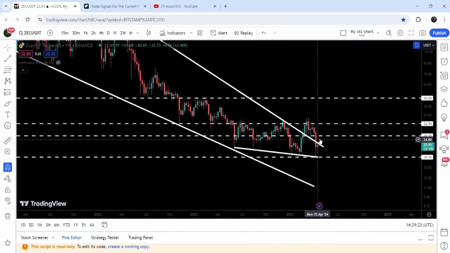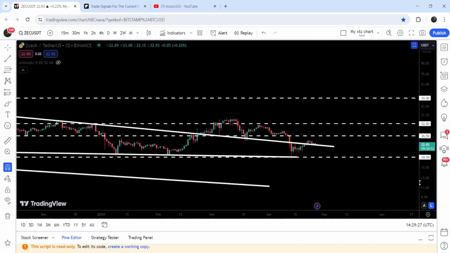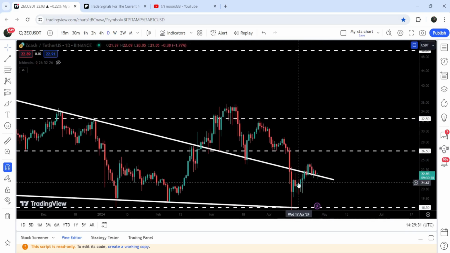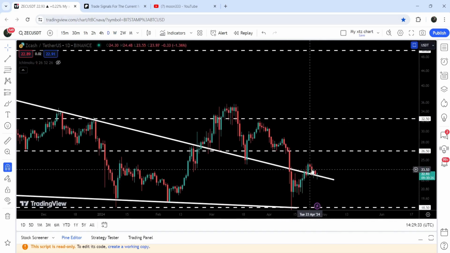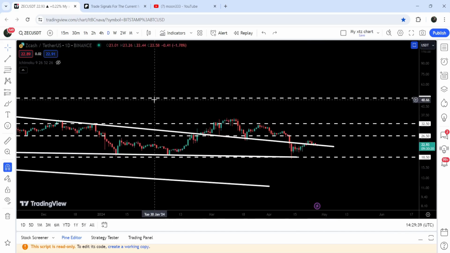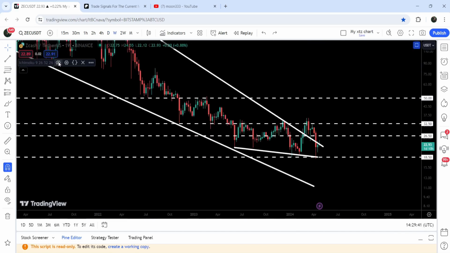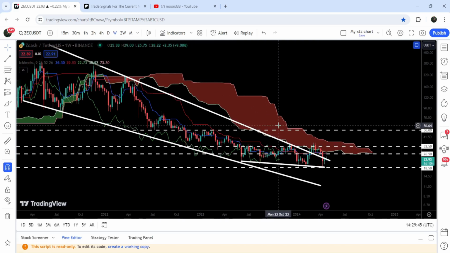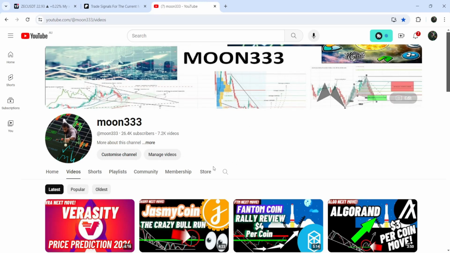And after testing the support, the price geared up, and right now, let me just show you this move on the daily time frame chart, Zcash has once again broken out the resistance, and now it is moving above the resistance of this previous falling wedge pattern. At the same time, Zcash is also trying to break out this very huge resistance of the Ichimoku bearish cloud as well. In today's video we will analyze this move, but before starting this analysis,